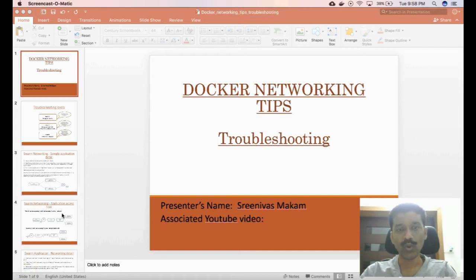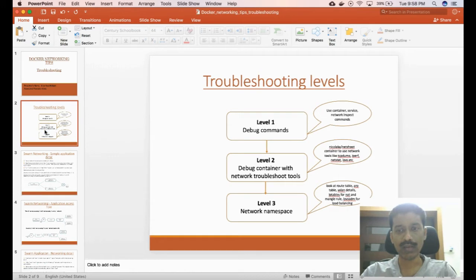So as we all know, networking is complex, and debugging networking issues takes a lot of time, and specifically with containers, debugging is even more difficult, considering that containers don't have all the troubleshooting tools. So the way I look at it is I typically approach this problem at three levels. The first level is where